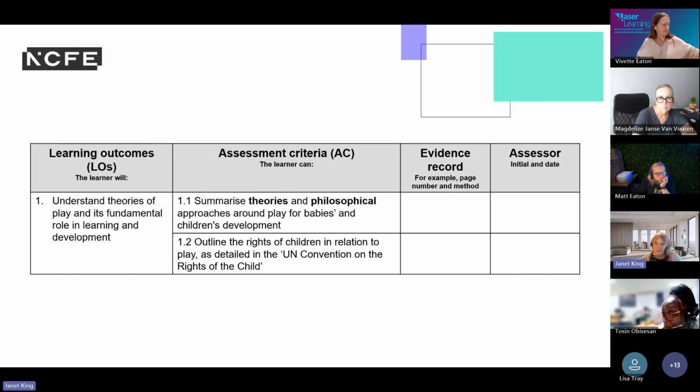But straight away we're framing it, which I quite like, in terms of play and theory, which we don't often do outside of our field of study. So when we think about theories, I wrote down so that we didn't have to keep going up and down on the slides, but it asks us to look at people like Wendy Russell and Stuart Lester, and these are people that might be quite contemporary, whereas we tend to think of Froebel, Montessori, Steiner, Macmillan as the philosophical approaches, and that's fine.